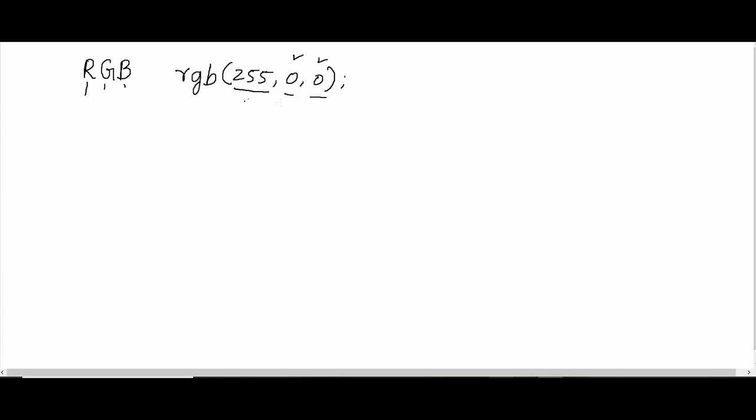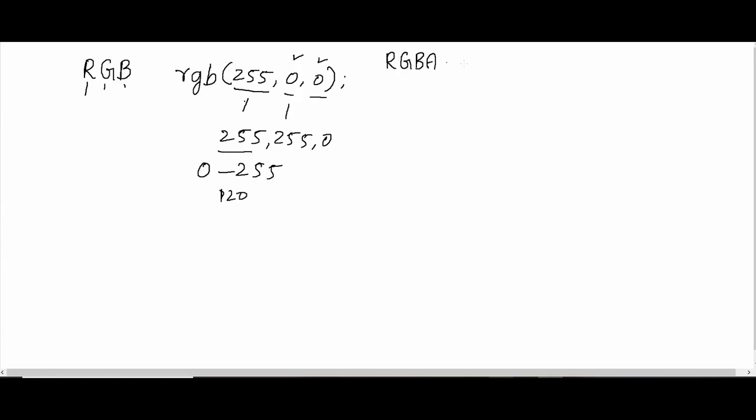So if I want to combine this 255 and green, we can give it like this, 255, 255, comma 0. According to this value, the color will be given. So this value will be from 0 to 255. It may be 0 or 120 or 150. You can give as per your choice. So CSS3 supports 4 types of new color formats, which we already used in previous sessions, also in CSS2, but still we have added advantage. The first one is